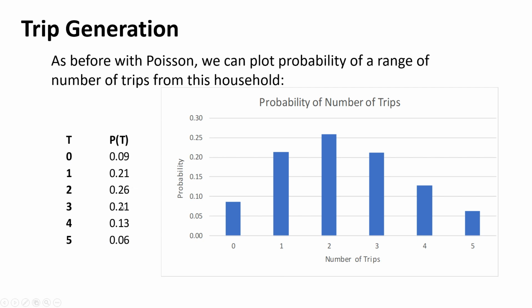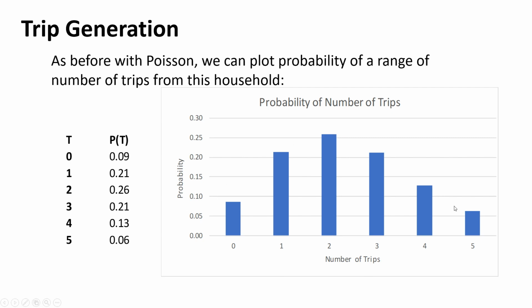The probability goes up until we pass 2.44, which would be the highest probability if that was it. But we're using discrete numbers, integers, and then the probability drops as we go through here. Here's the graph of that. We know the expected value is 2.44, so we're not surprised that 2 trips has the highest probability for this family. One reason researchers like this Poisson distribution is because a family can't take 2.44 trips. They're either taking 2 or 3, and we can see the highest probability is that they're going to take 2.